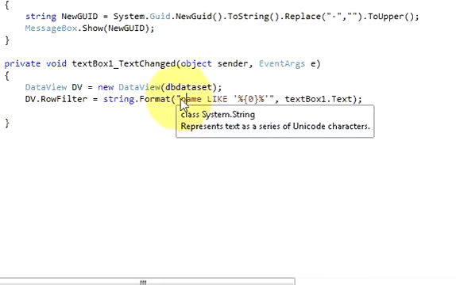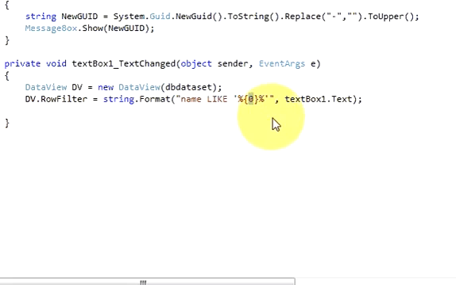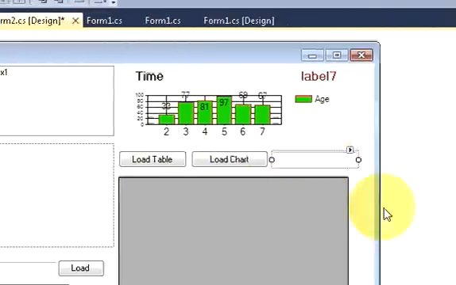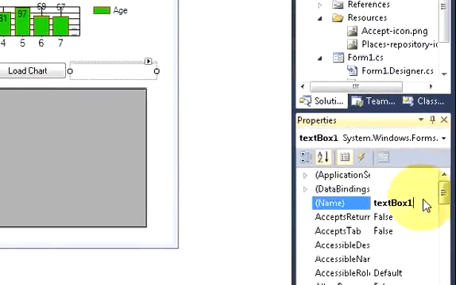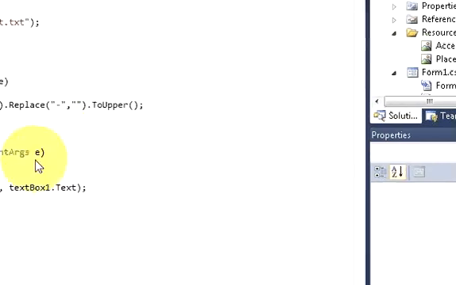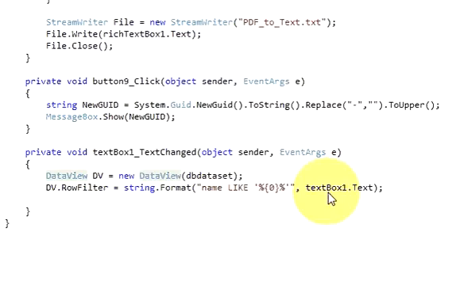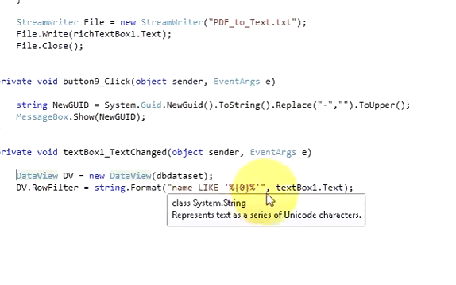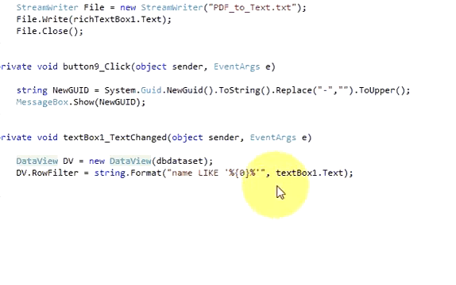So write Name in the double quotes, Name like, single quote, percentage, and in the bracket 0, percentage, then single quote, and then double quote, comma, your text box name in which you want to search. So this is the text box, and this is its name, right? So this is that text box name dot Text. So write these two lines, and in the next line